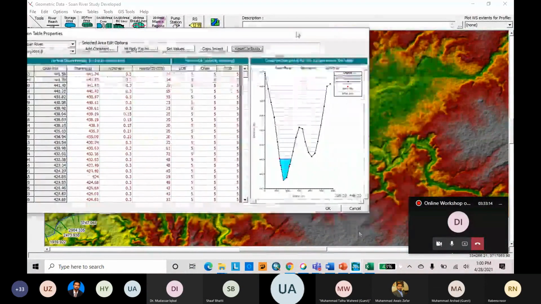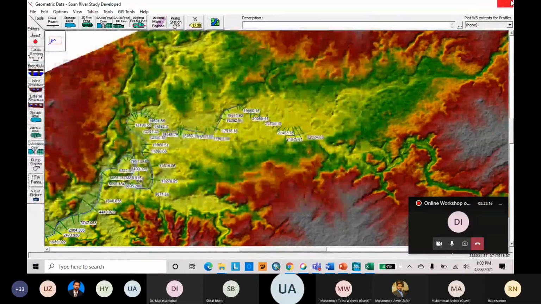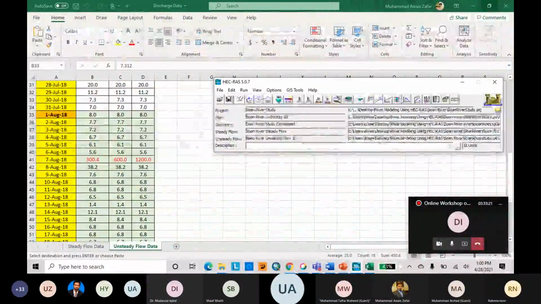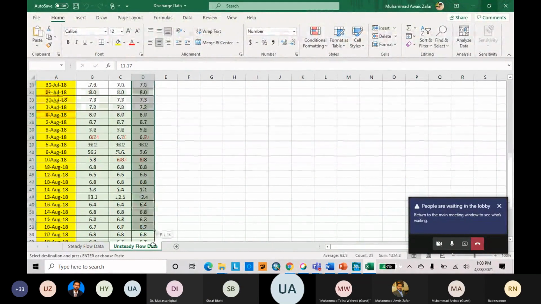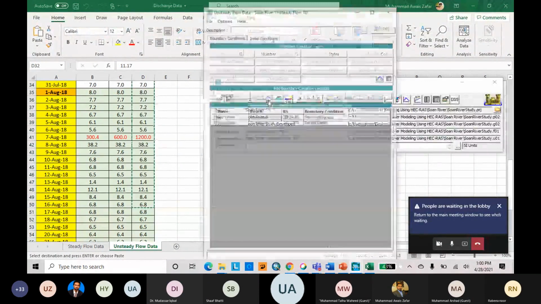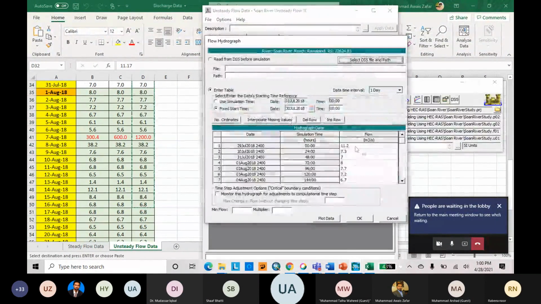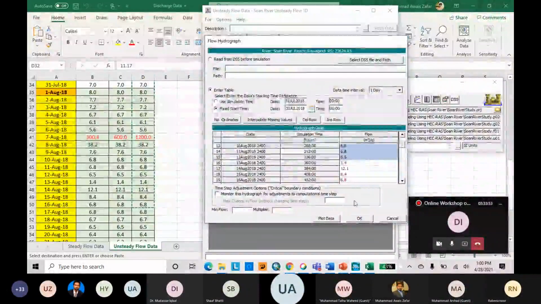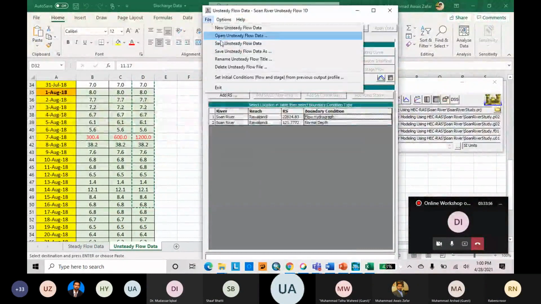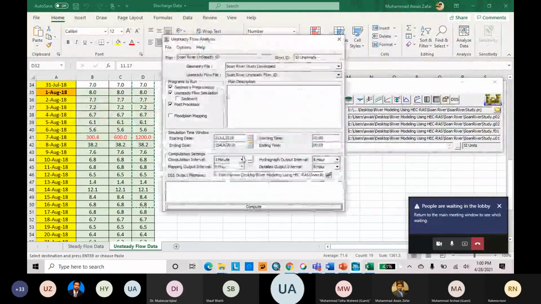Let's try another flow data with 1200, so we can see the proper propagation of the flood. At that time we will use a small time interval.